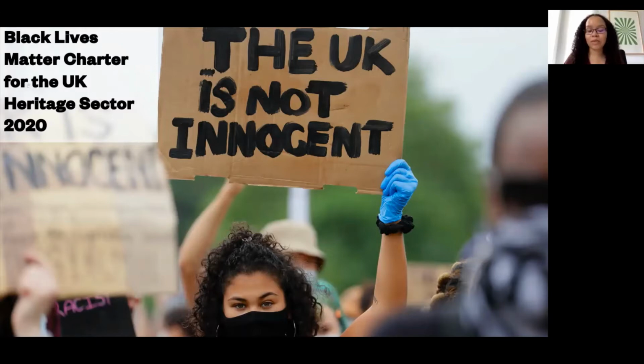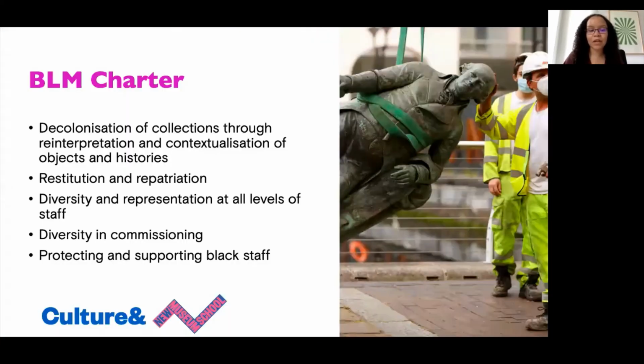We worked very closely with our trainees on the language and what it would include, and it really was basically a guide and a call to action to museums and heritage organizations in the sector to go beyond the words of support that they gave for Black Lives Matter and to really turn those words of support into action. So the charter included various points, including looking at the decolonization of collections through reinterpretation and contextualization of their